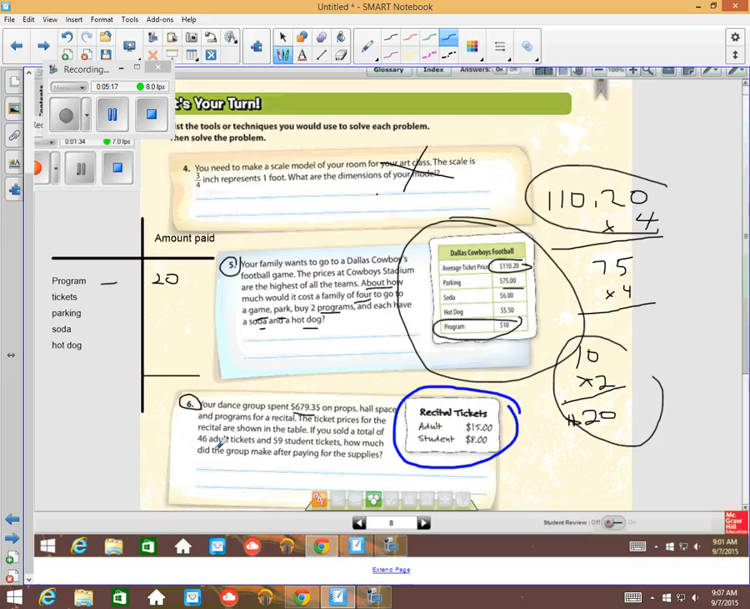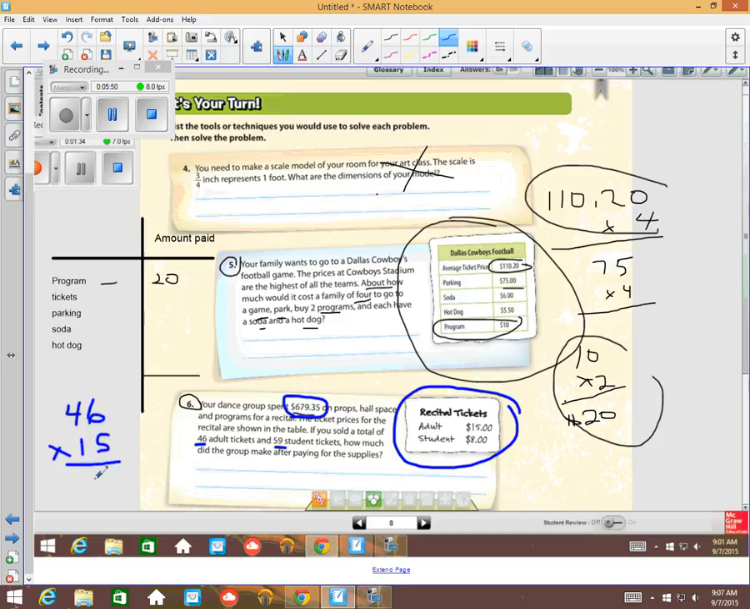If you sold a total of 46 adult tickets and 59 student tickets, how much did the group make after paying for the supplies? So this is how much they paid for the supplies. This is what they spent, money they spent before they started selling tickets. So think about it. Adult ticket is $15, and they tell you that you sold 46 of them. So you're going to multiply 46 times 15, and you're going to get your answer for how much you earned